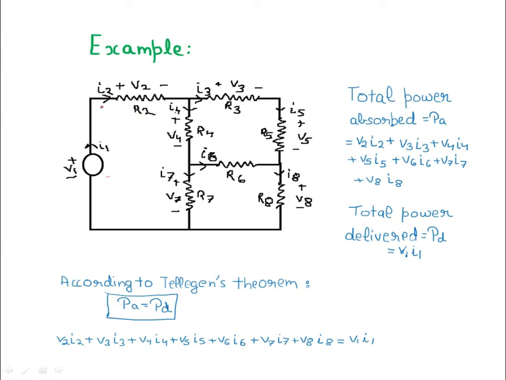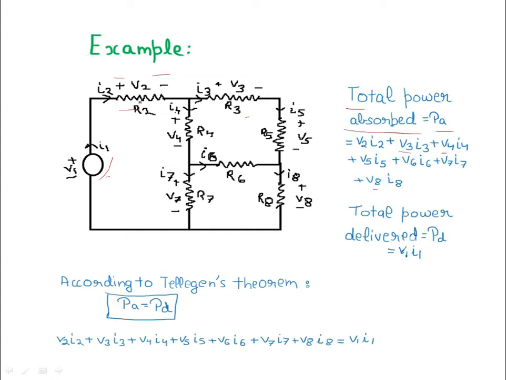You know all the value of the current flowing and the voltage developed, like I2 V2 in R2, I3 V3 in R3, and similarly then the total power absorbed, which is PA. So who will absorb the power? Passive elements. So it is V2 I2 plus V3 I3 plus V4 I4 and so on till V8 I8, and